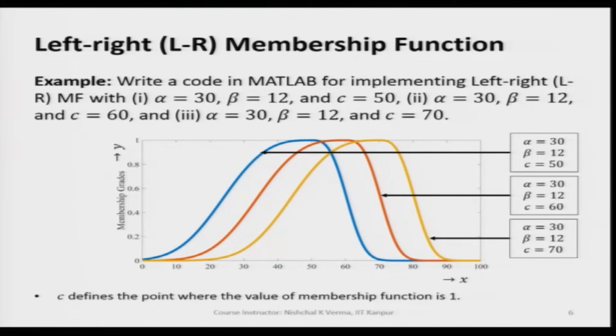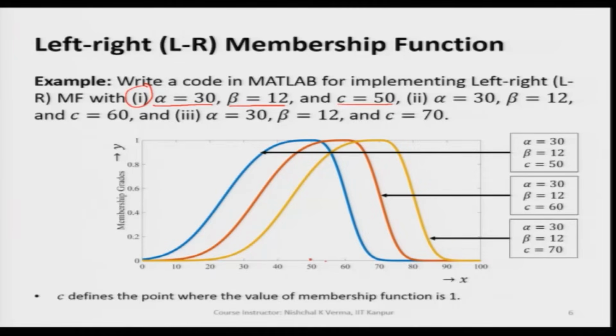Here in this example we have 3 cases for left right membership function plot. So, the first case is where alpha is equal to 30, beta is equal to 12 and C is equal to 50. C is equal to 50 means this is the point where this particular plot will have its